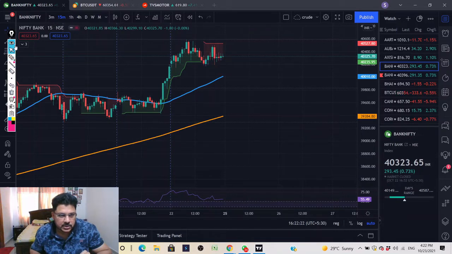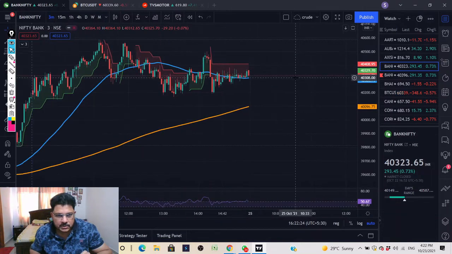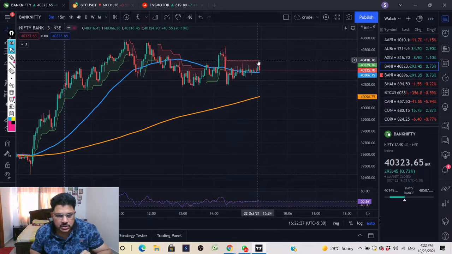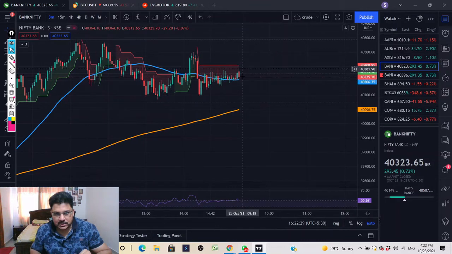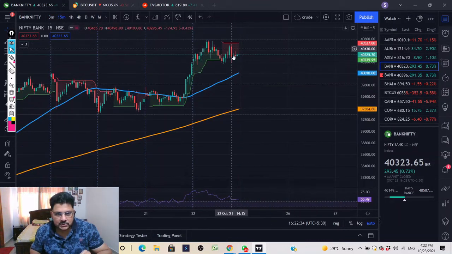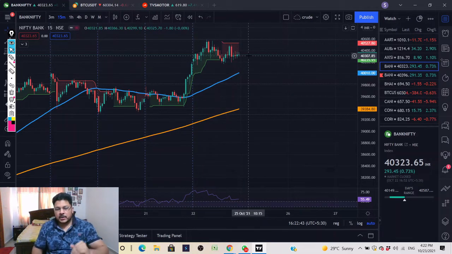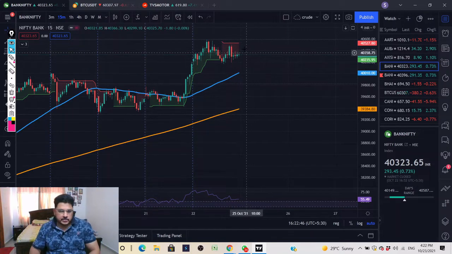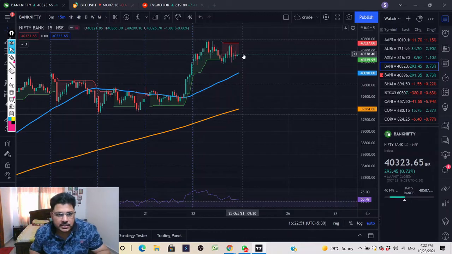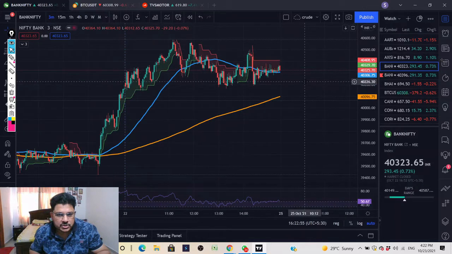Let's see this on a 3-minute time frame now. On the shorter 3-minute time frame also, it's at the support level and the trend is negative. So we need to wait till this 15-minute time frame trend changes to green, so that all the bigger time frames are aligned with the shorter ones. If the shorter time frame changes to bullish, then we can take a long entry on Bank Nifty. But how do we trade it on a strategy level?